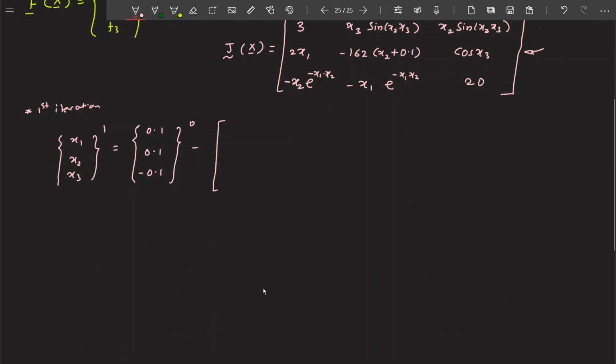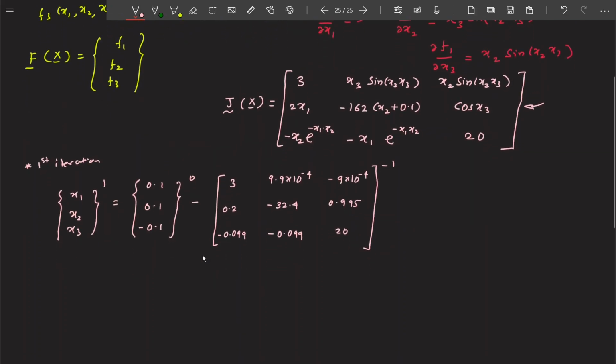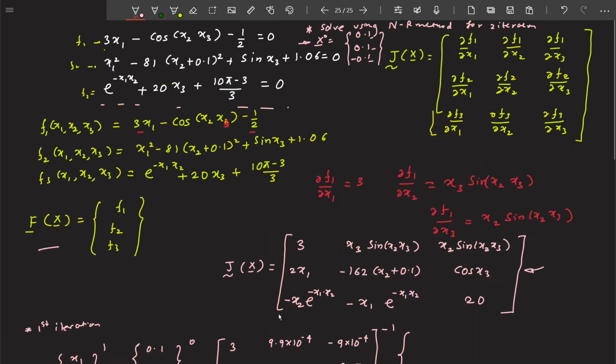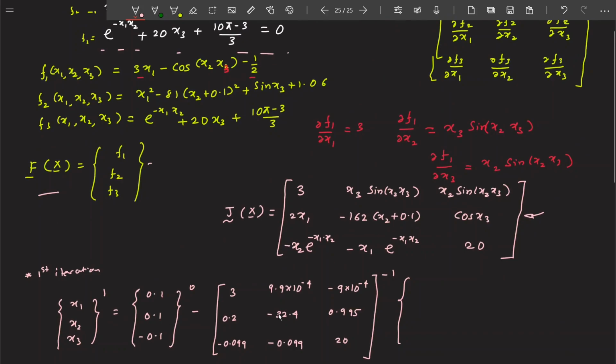So if you do that, you will find the Jacobian matrix for the first iteration comes out to be, and you have to find out the inverse. Please understand this. You have to find out the inverse of this, and then you are going to find out this. Again, if you want I can write down this as well. So this is going to be